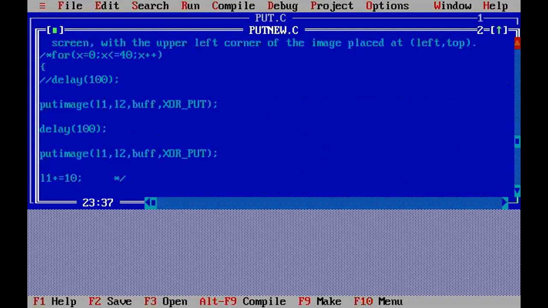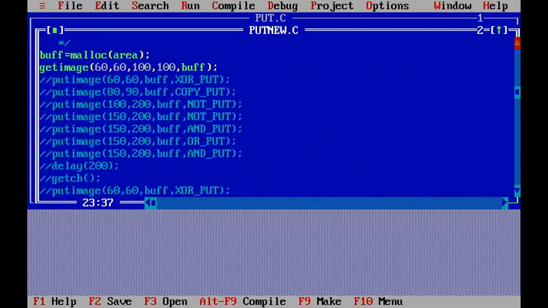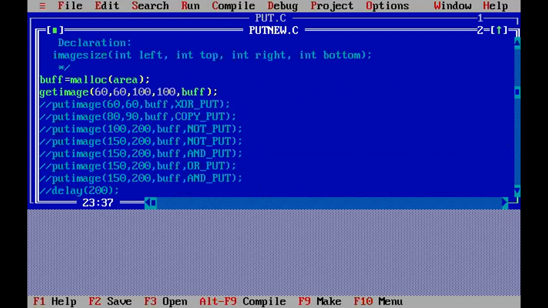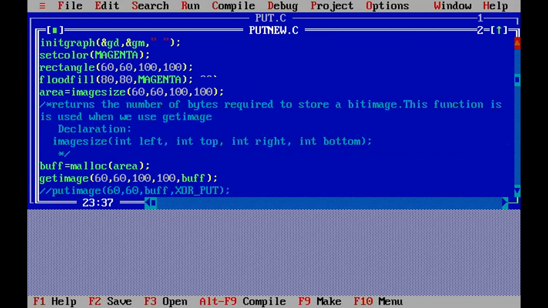So let's see. Everything is commented, so don't go with the comment lines right now. Simply the code that is highlighted will run. With this I have done only this. I'm not putting the image right now. An image will be drawn and it will be stored. Simple.